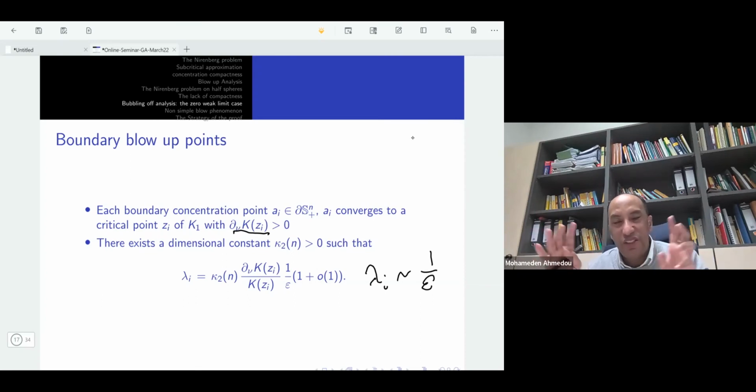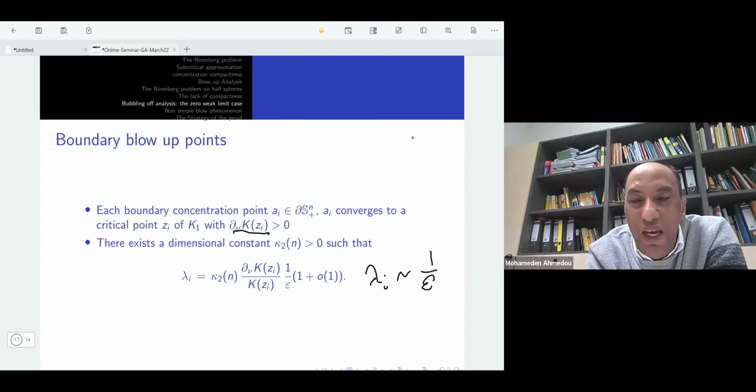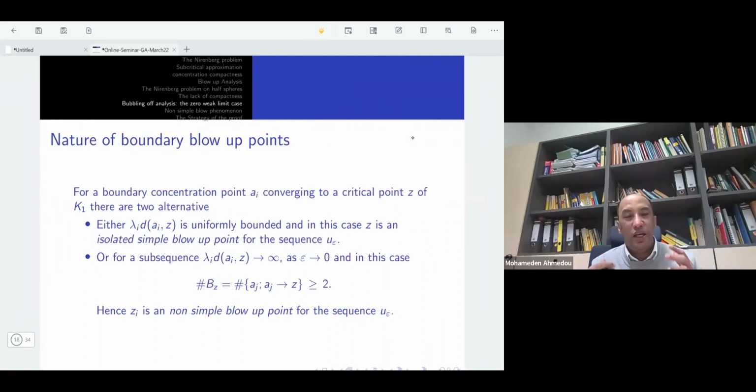Because of this difference in the rate of concentration, one is able to prove that in some situations you will have non-simple blow-up. But then let us study further these blow-up points and look at their nature. So if you have a boundary blow-up point, this means that you have at least one concentration point converging there. Then you look at